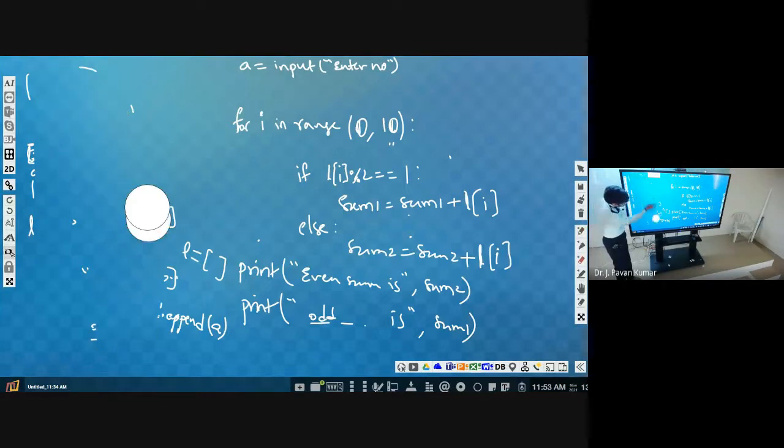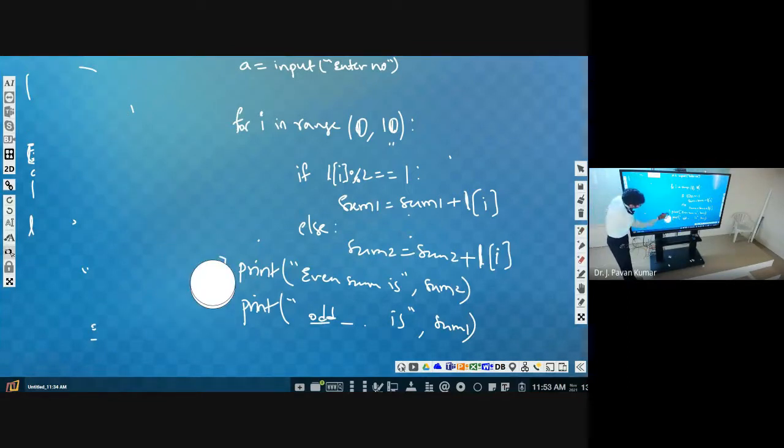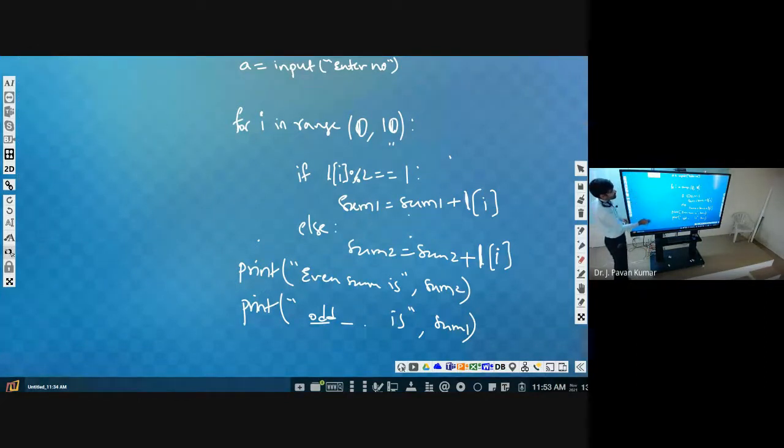Now you tell me how we can complete this code. How many elements do we have to read? 10 elements. So to take one element, this is the code. Before that, you initialize L as an empty list.